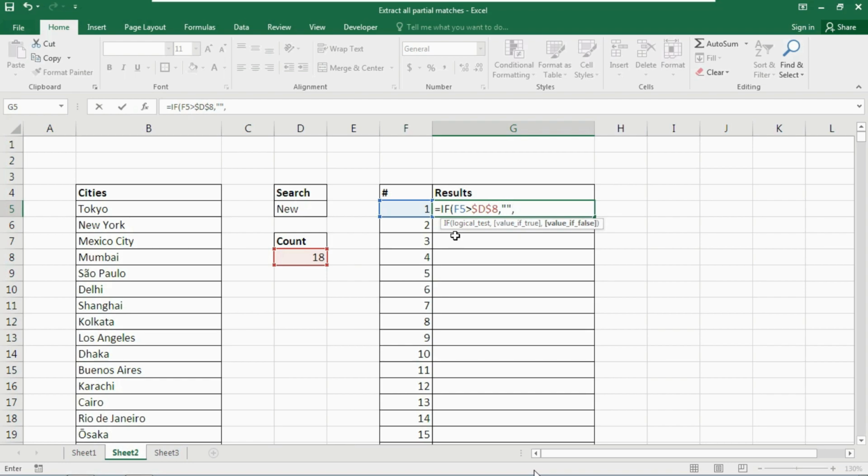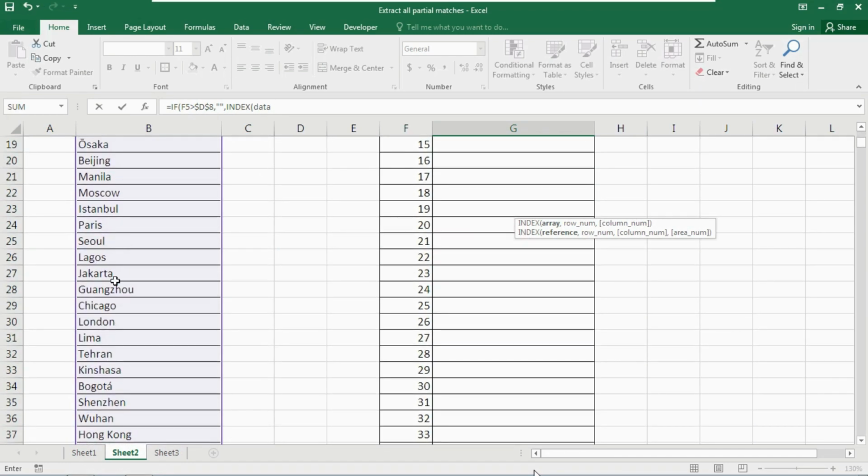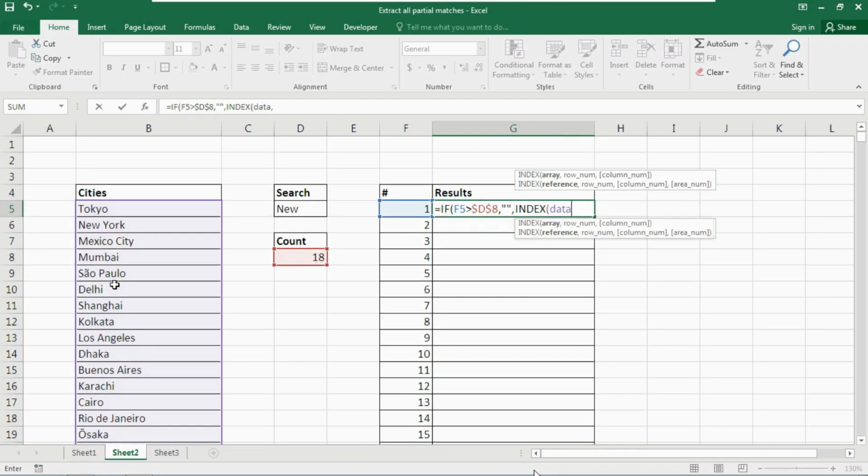Now insert a comma again. Now here it is asking for the value if false. Here is actually the fundamental part you need to use. At first we need to use the INDEX function here. As the array, we need to provide the data range. If you remember, we have named the data range as data. Look here, as we have typed data, the whole data range has been selected automatically. Now insert a comma. Here we need to use the